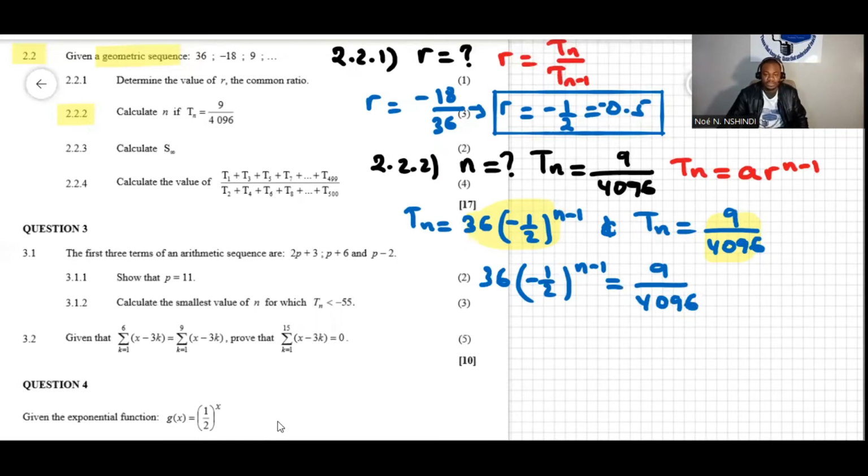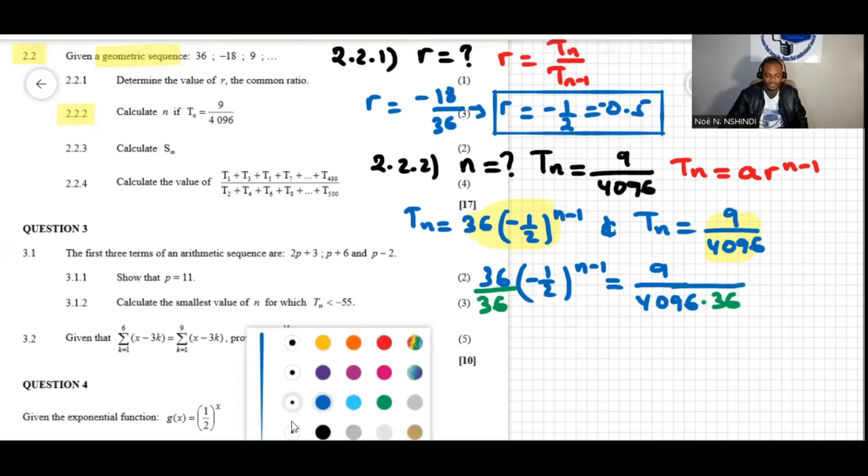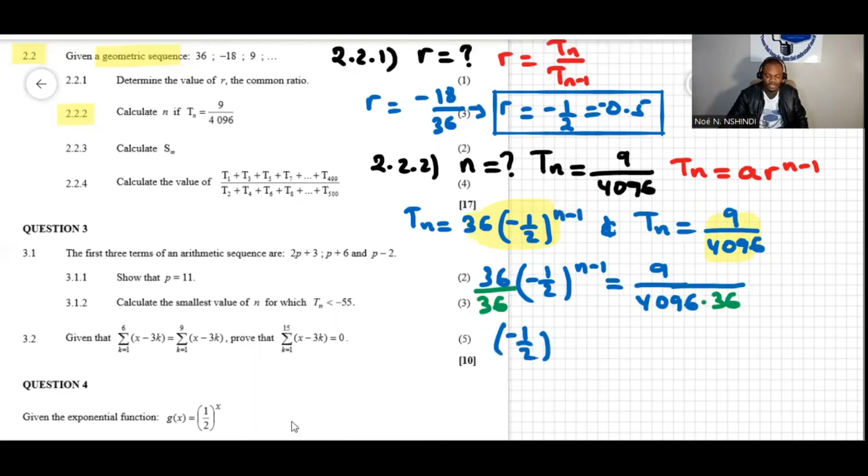We can divide both sides by 36, which means I'll times the denominator by 36. So this is just -1/2 to the power of n minus 1 equal to